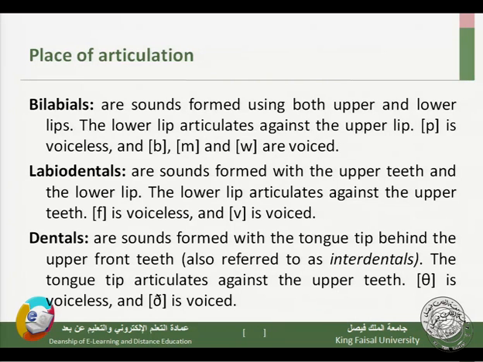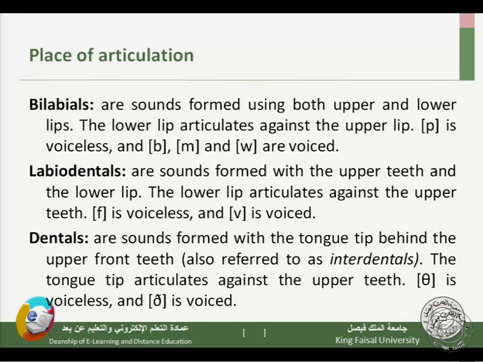So the upper lip is at its level and the lower lip goes to it. In that case we will produce, for example, b. When I produce this b sound, the lower lip goes and articulates up against the upper lip to produce this sound. But what are the bilabials? The p,